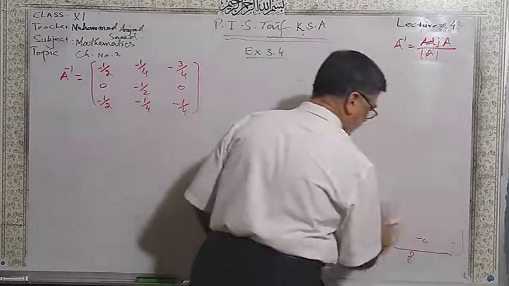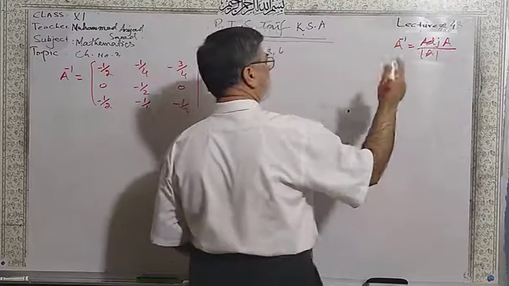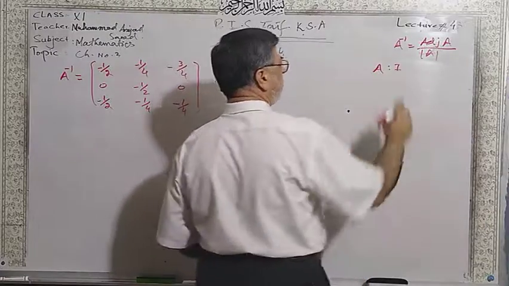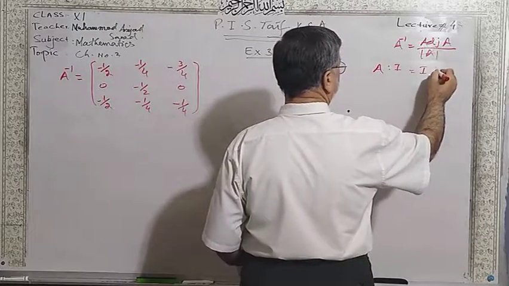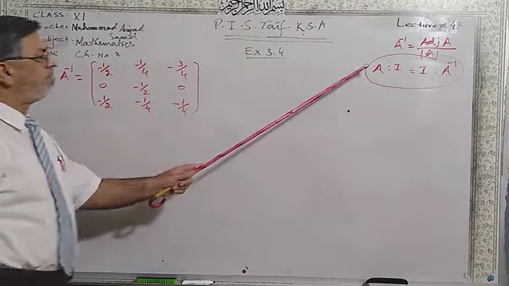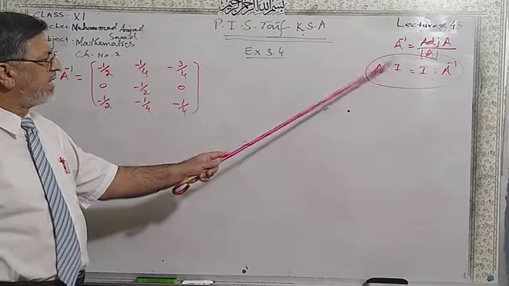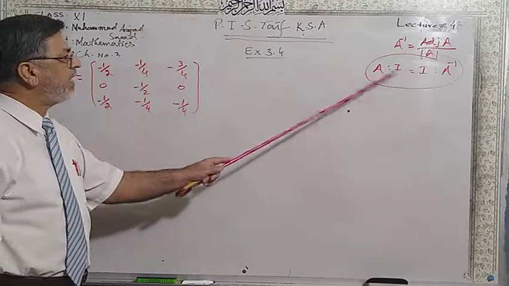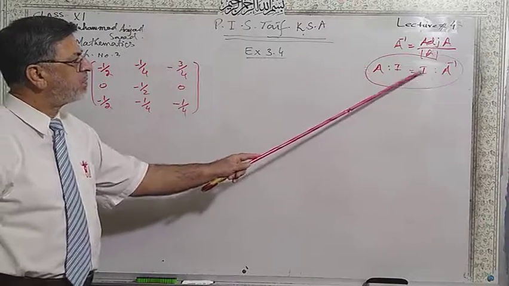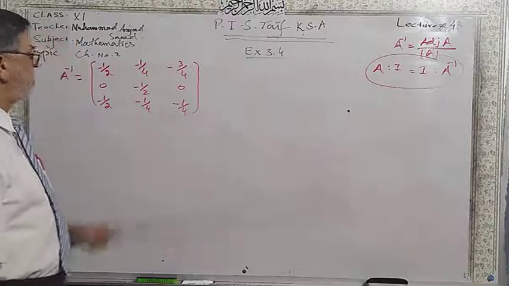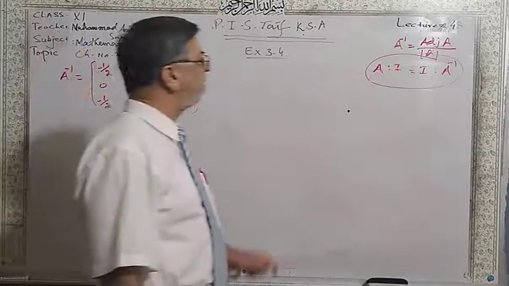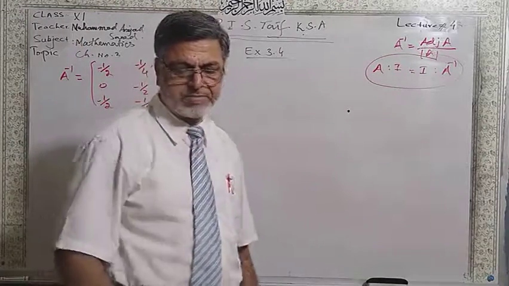Inverse by row operation. Suppose I am writing down A and B. Actually, it is I and A inverse. If I am writing down A with the identity matrix of order 3, and if they interchange their positions, and the identity will interchange its position, then the second will be the inverse of A. This is actually the first step to have the row operation.